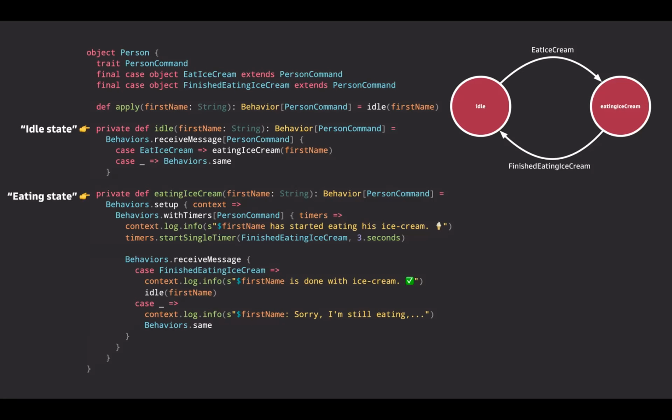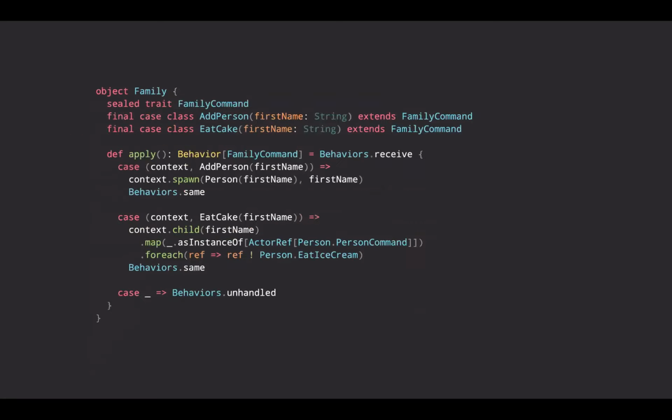So in 3 seconds, the message is sent and the switch from one state to another happens. And like I said earlier, if you use Akka Typed, you need to define commands, and they need to be more strict. So usually you won't send strings like I did before in the previous example.